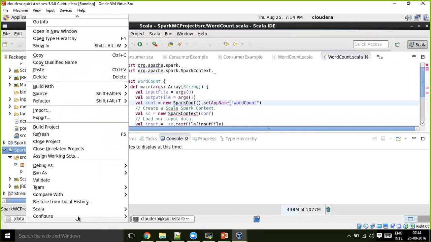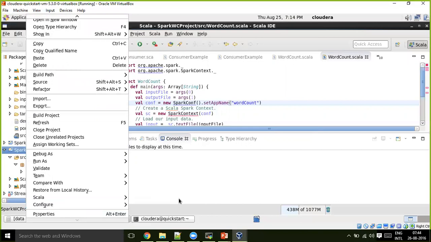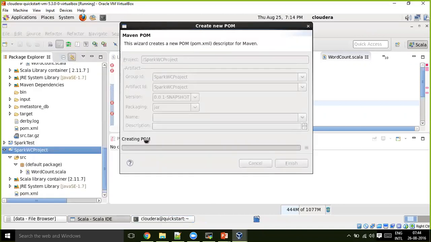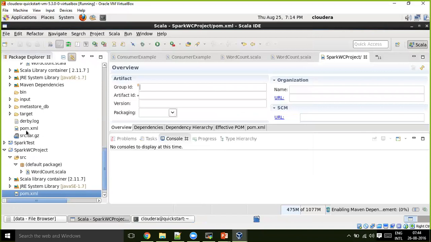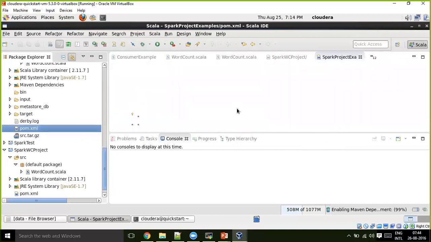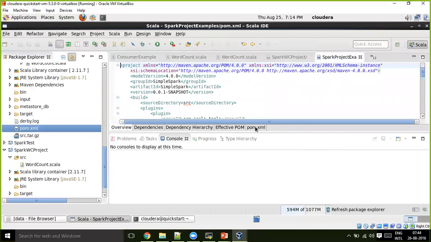So this will help you. Convert this into Maven, and you will get the default pom.xml file. And as I have given you already, you have to put the bare minimum dependencies for any Spark application. Or you can take the pom.xml file that I am sharing with you, at least for your Spark native, Spark SQL, and Spark streaming as well. Spark streaming and Kafka related things also.